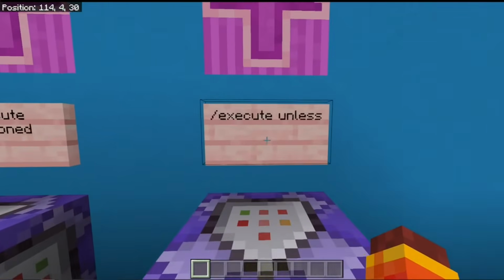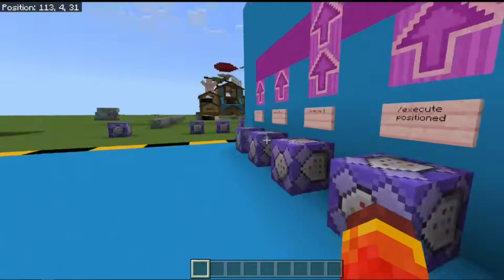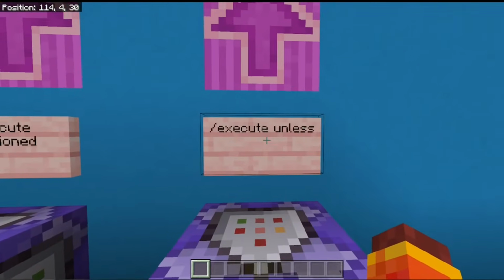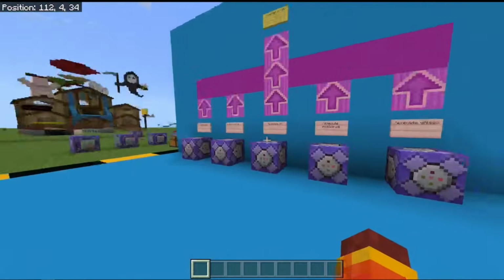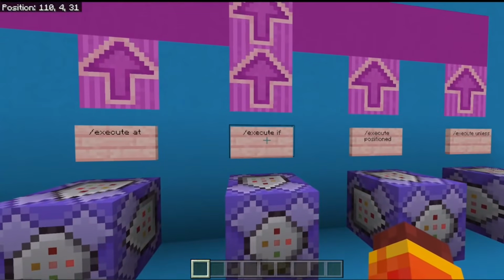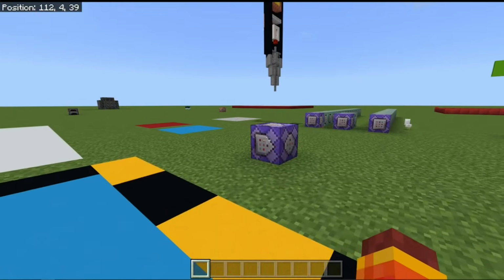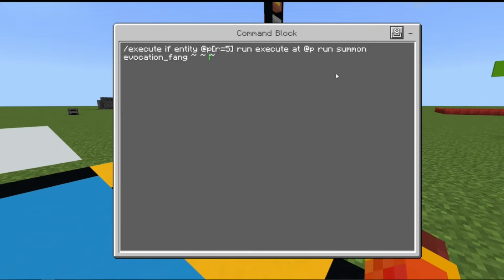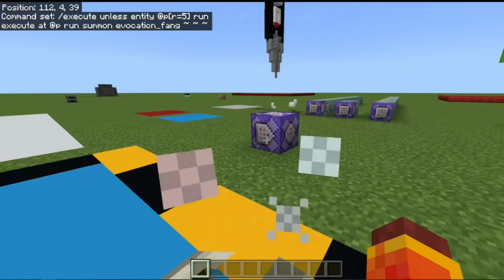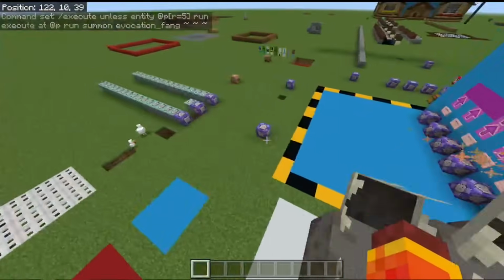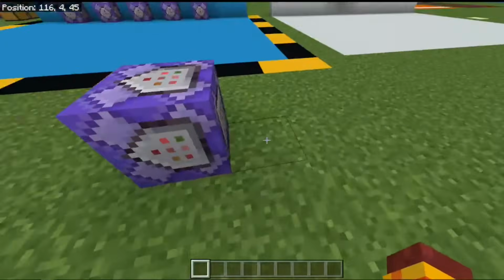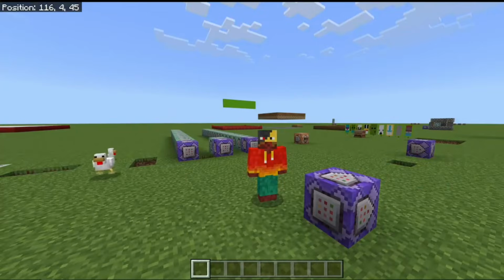And the final one that is actually like major and kind of important is the execute unless. Now the execute unless is essentially the opposite of the if command, of course. So we can have perhaps that if we just invert this right now, we can actually have that execute unless an entity is nearby. You can see it's gonna summon it all over the place, but when I get close, it's gonna stop taking